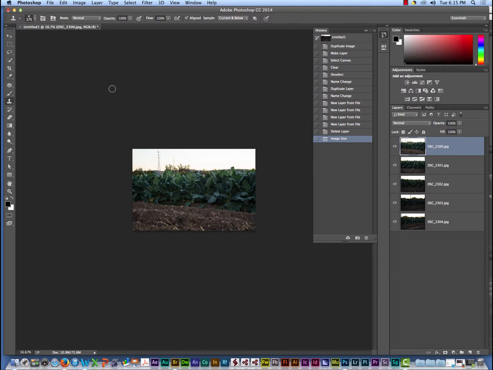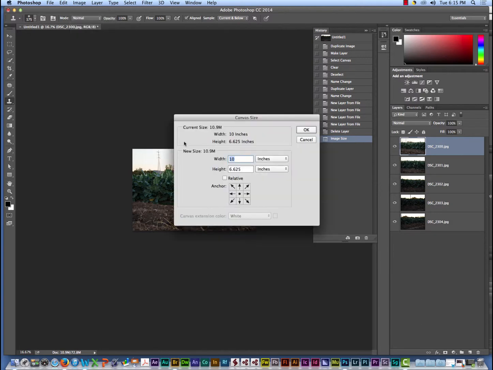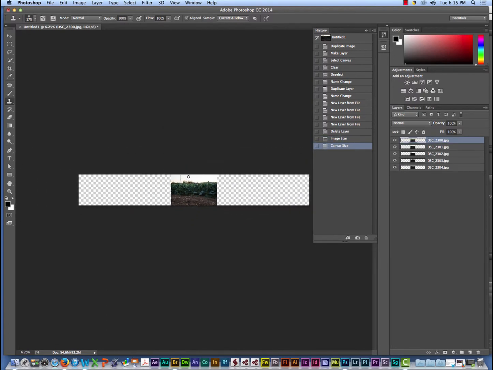So now this is going to be a much more manageable size. We go to Image, Canvas Size, and let's make the width 50. Height, we're good on the height. So it adds extra canvas. And then with the Move tool, I'm going to hit Auto Select Layer,